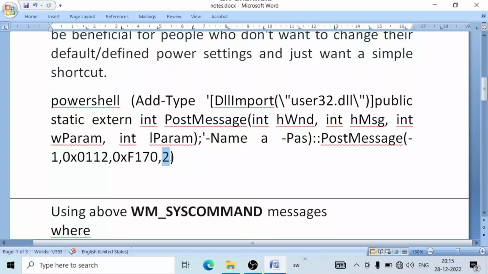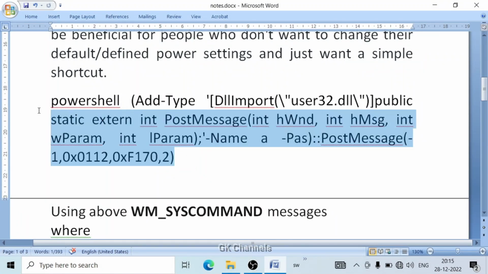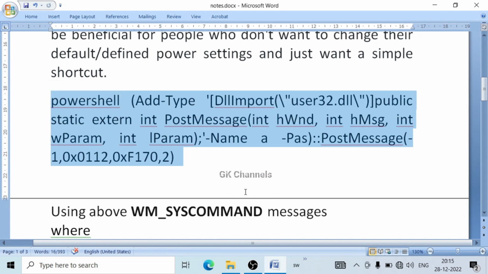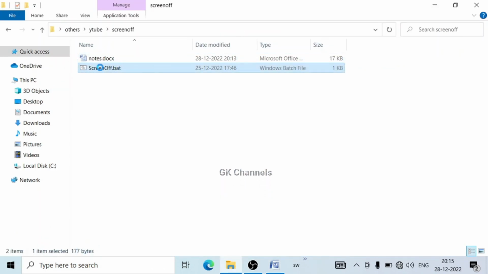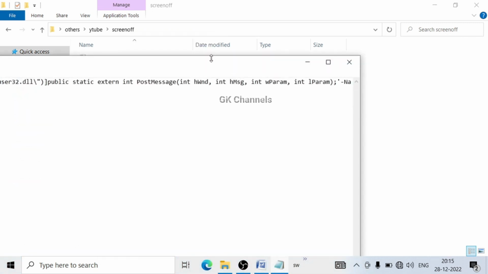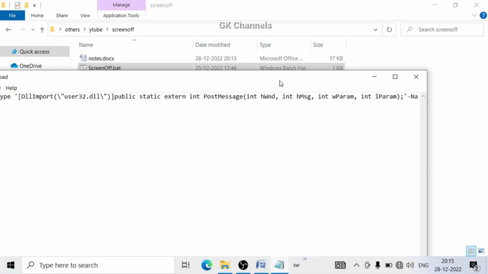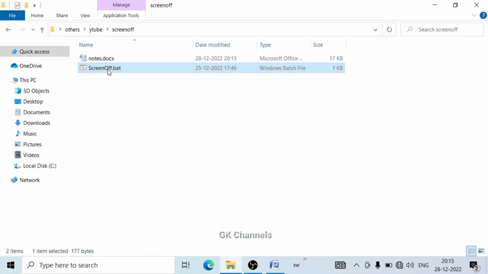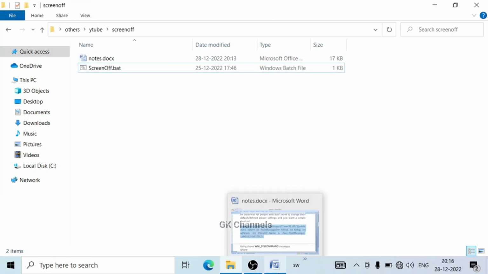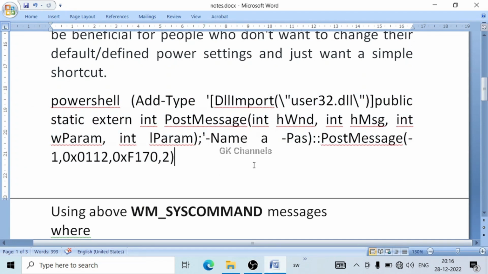So you can take a screenshot of this command, and by seeing this you can type it in a notepad and save it as a batch file. After doing that, this batch file you can open and see it in notepad. This command I have given inside this batch file, and if I click this batch file, the monitor will go off like this,